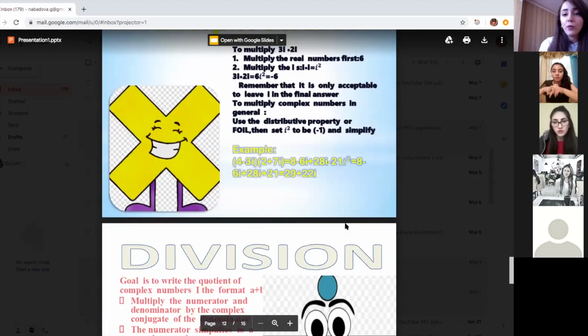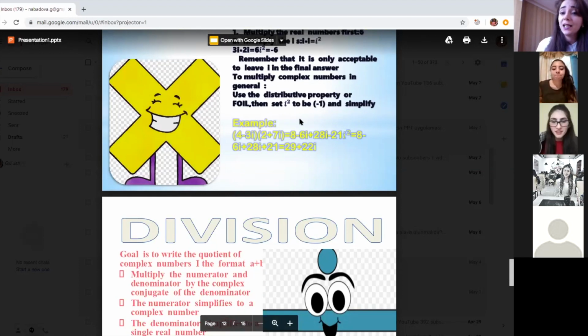And the division. Who wants to talk about multiplication? Nermin or Aydan? Okay, next, multiplication. To multiply complex numbers, multiply the real numbers and imaginary parts. And here we can see an example. But in order to multiply, first we should multiply the real parts, then imaginary. Yes, we should multiply this as